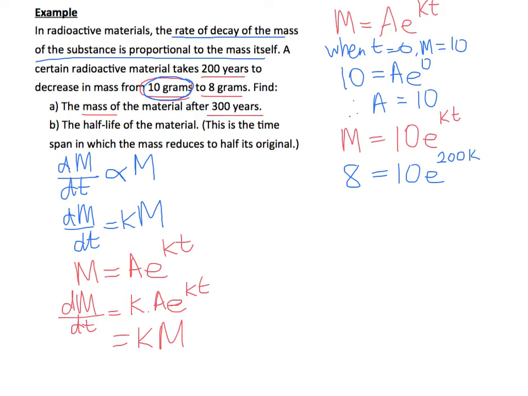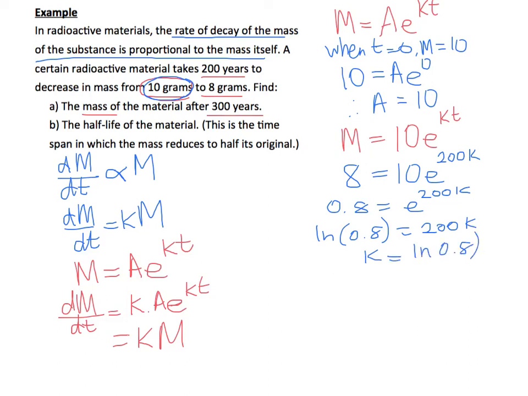So let's divide both sides by 10. And then we'll take the log of both sides. And then we'll divide both sides by 200. And you'll get a value for k,